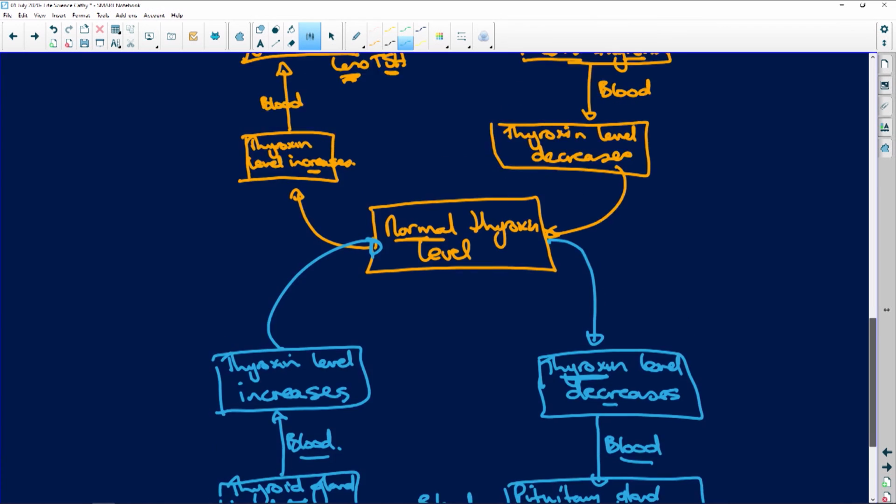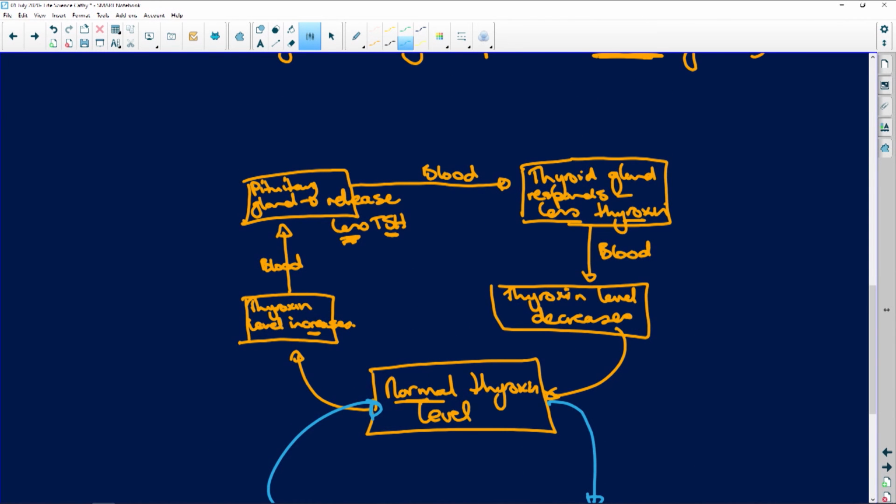But now it doesn't stop there. It keeps going. So now the thyroxine level increases, okay, and it releases less thyroid stimulating hormone. We're going to end up with less thyroxine, and the level decreases, and we're back to normal. And if you understand what I've done here, and you put this into words, you have 100% for any question you can get on the way the thyroid and the pituitary work in tandem with each other, how they support each other. So let's put it in words for that last question.